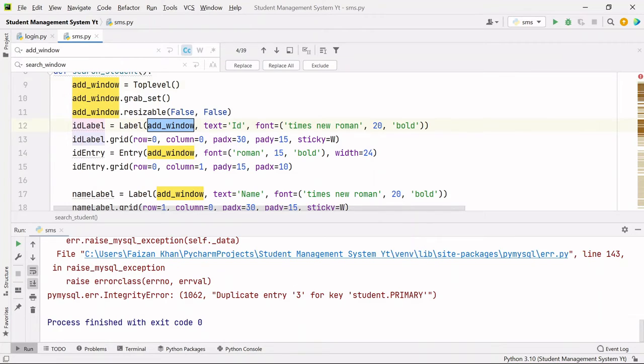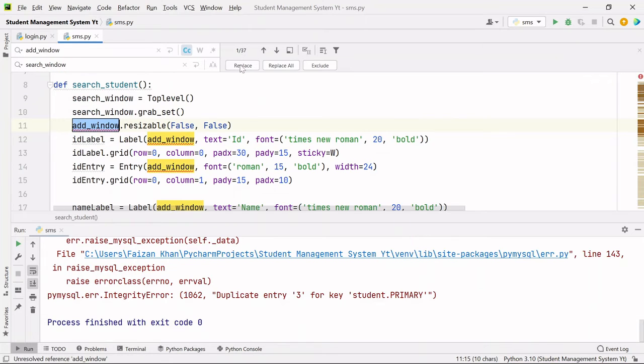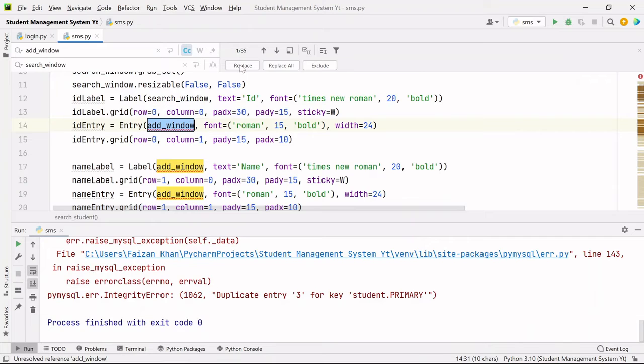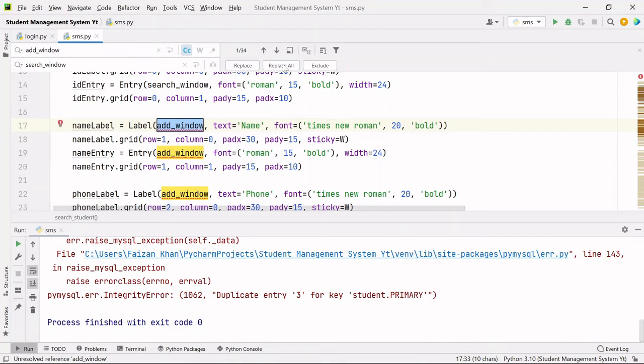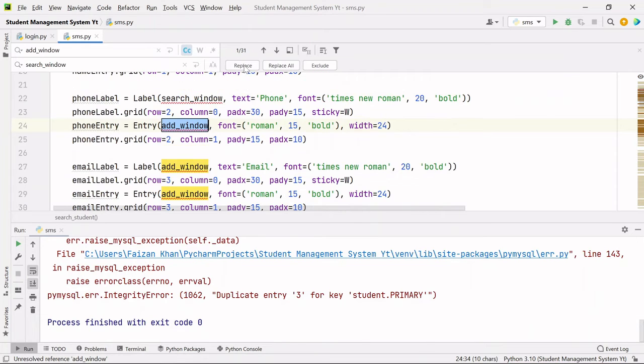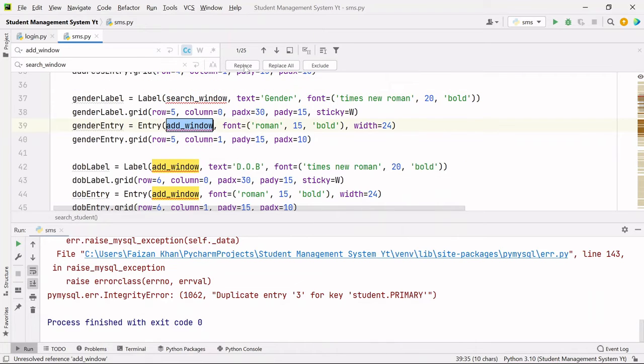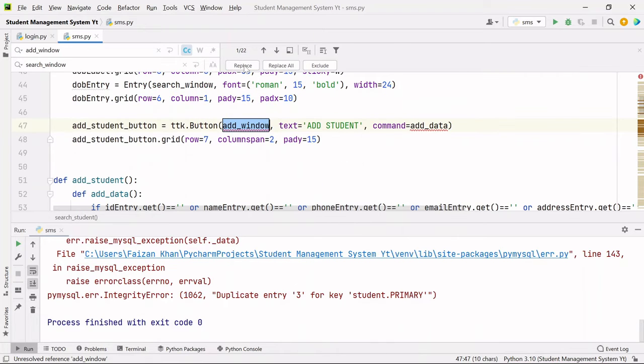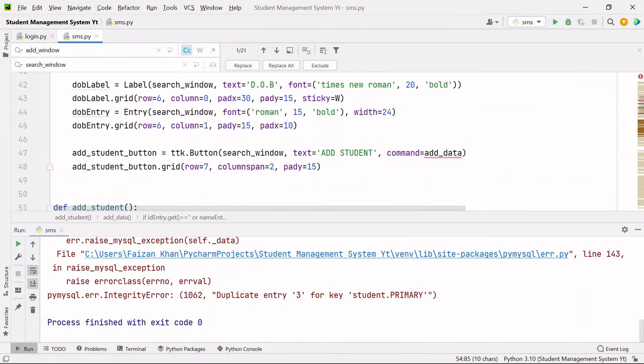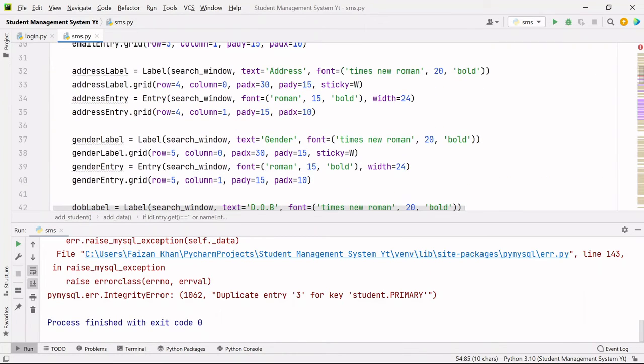So you can select this and replace all of these one by one. If you do replace all, then everywhere this add window will be changed to search window, but I don't want that to happen. So I'll replace one by one, like this. After doing this,